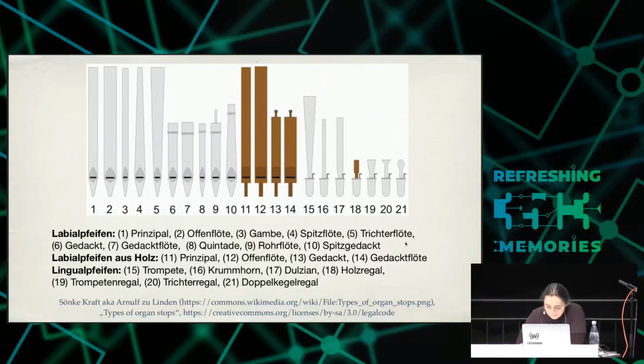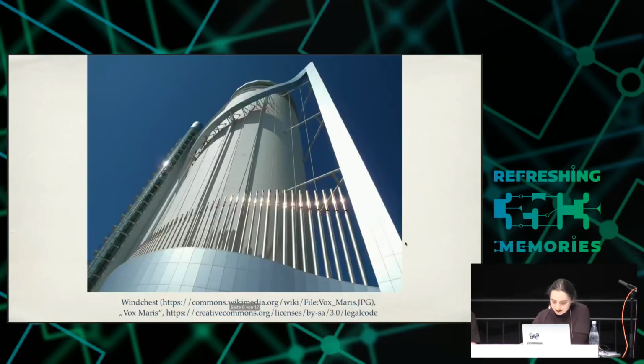And here are some pipes. Pictures of some pipes, typical organ pipes. Until number 14, they are lip pipes. They work like a recorder, and there are reed pipes. They work more like a clarinet. And there are some miscellaneous pipes. Those who like experimental things can search for vox maris. That's another pipe type with very high pressures and very high volumes. Except for some very few exceptions,